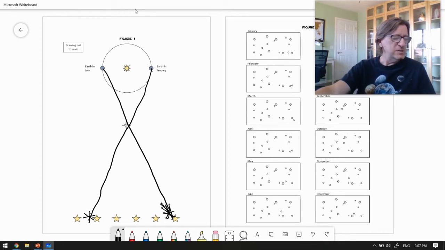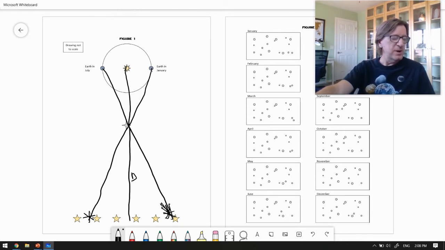So the angle between the two lines that you just drew is the apparent motion of the star as seen from Earth. But the parallax angle used is half of that. It says draw a line from the sun to the nearby star and then extend it to the distant star. So draw it from the sun to the nearby star all the way out here.